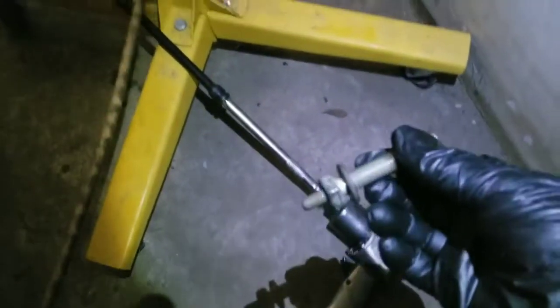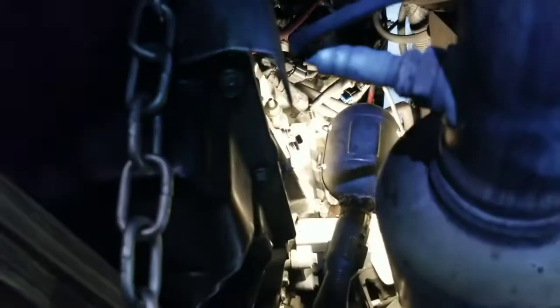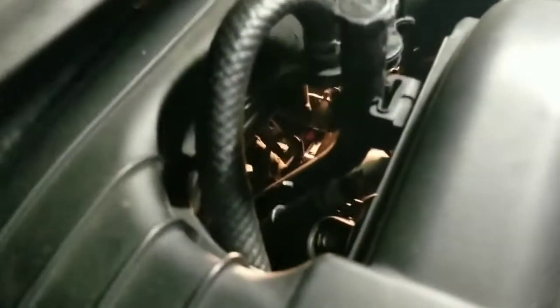Okay, so I used this kind of long extension to get these bolts out from over there and over here. So I went from here all the way over there. Okay, so from the top